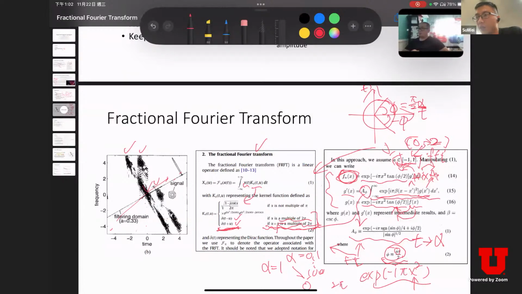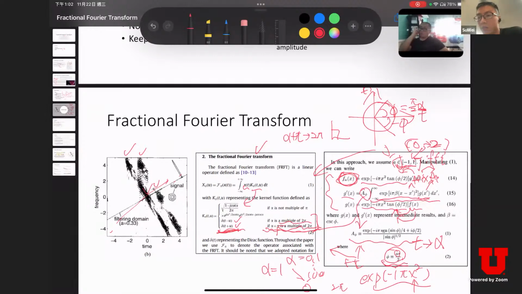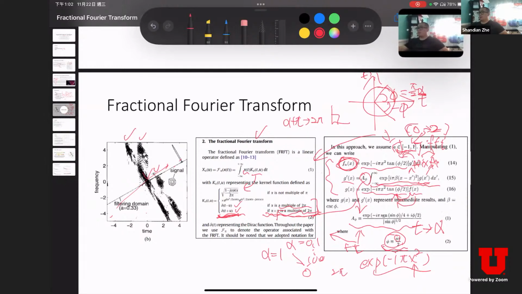If it's just a 90-degree angle, how do we prevent it? They said if alpha plus pi is a multiple of 2 pi, then they use the impulse function. The rightmost block is just a way to approximate the fractional Fourier transform definition in one,